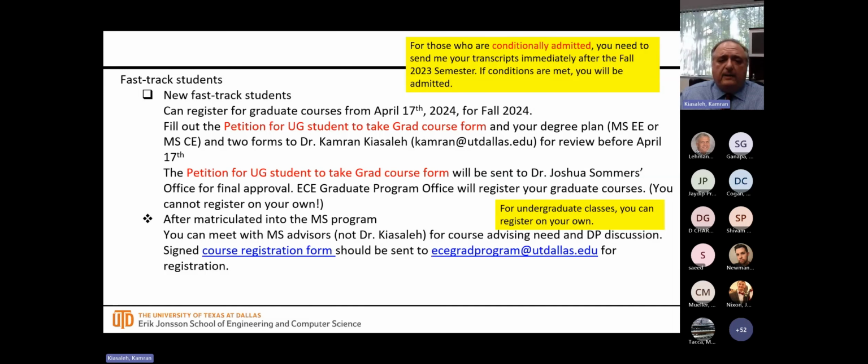First, you apply, and the deadline is listed on the website. A little bit after that, toward the end of November, I will inform you if you have been admitted. Once you're admitted, you have to do one thing first. You have to fill out the petition form for undergraduates to take graduate classes. On this petition form you put your GPA and the courses you want to take. And also, you will sit down with me and do a degree plan for